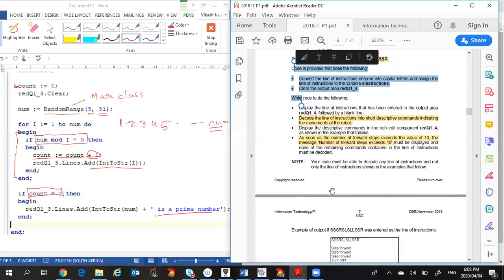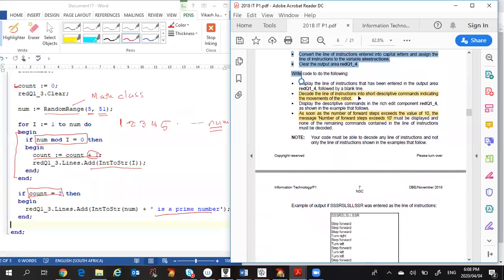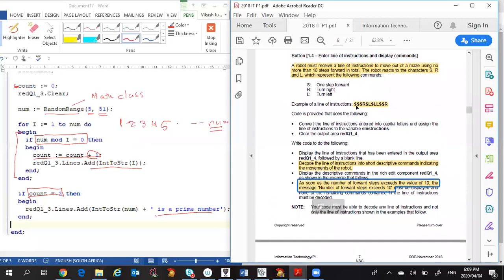So here, decode the line of instructions in short descriptive commands indicating the movement of the robot. As soon as the number of forward steps exceeds the value of 10, the message "number of forward steps exceeds 10" is displayed. So we need to decode a set of instructions that are given, and every time we find an S,